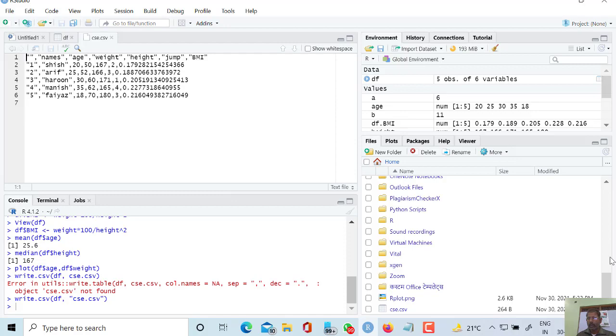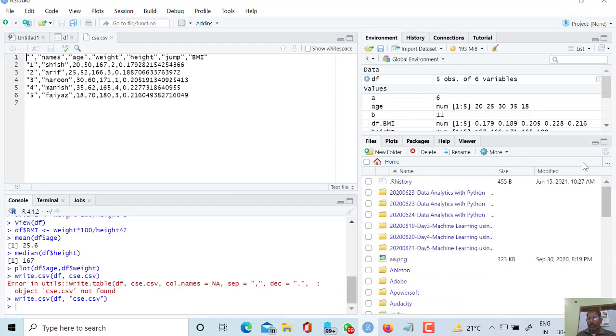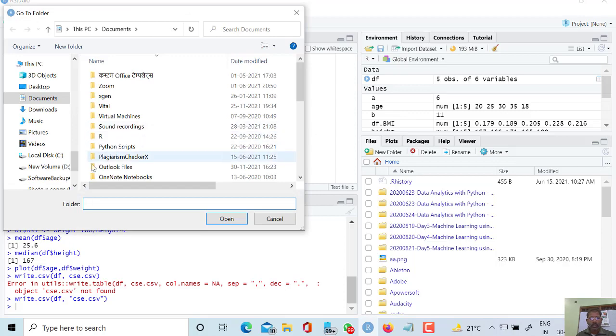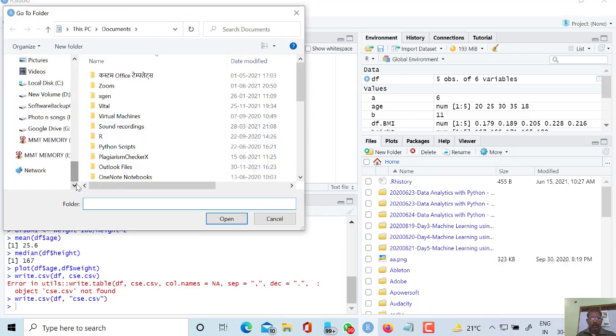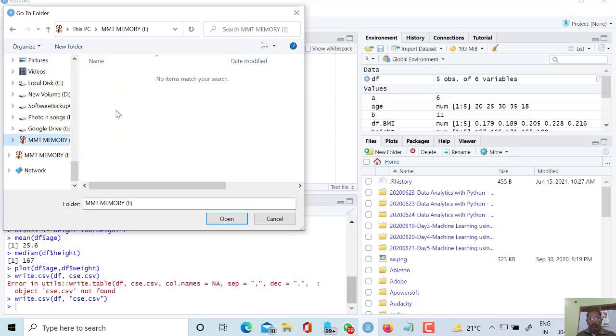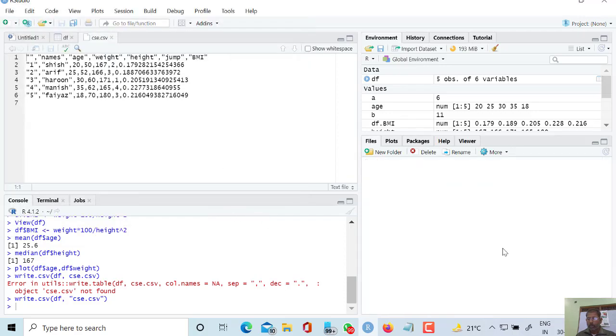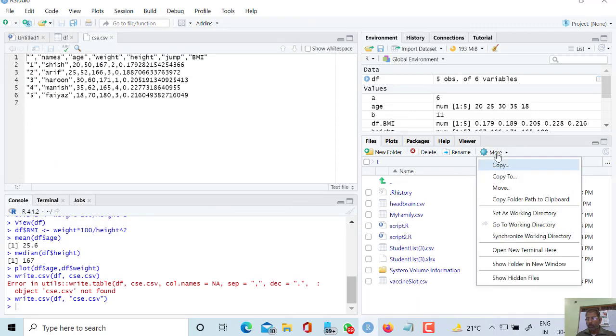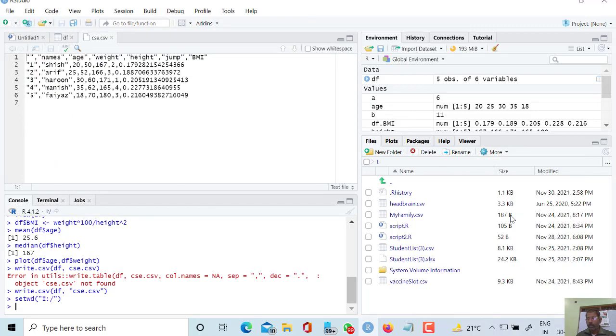In this way, we can also set the working directory. Suppose I want to set my working directory to my main memory. So here I have 10 here, and then go to more and set as working directory.